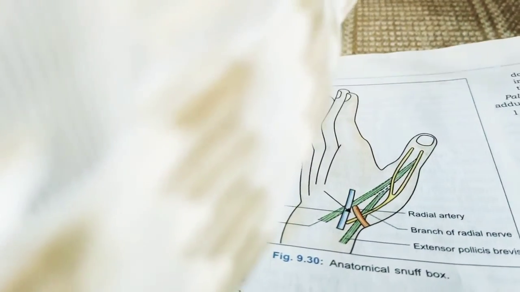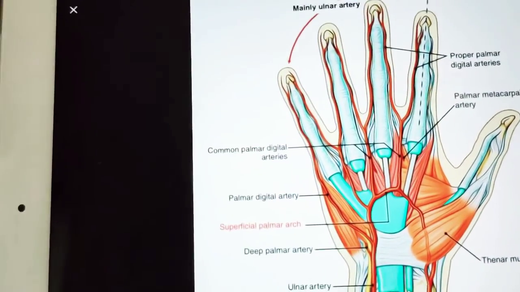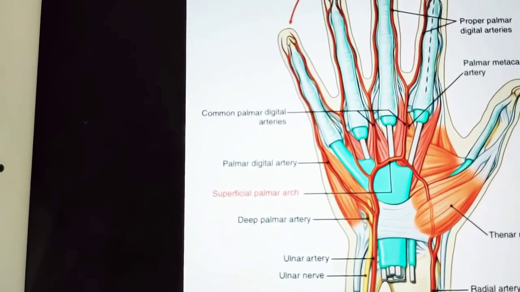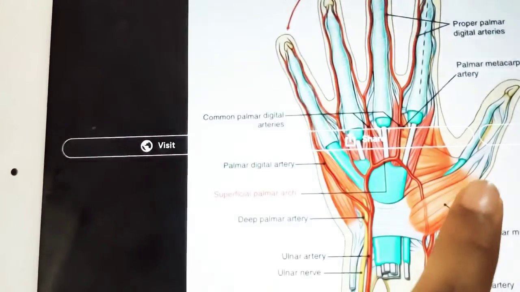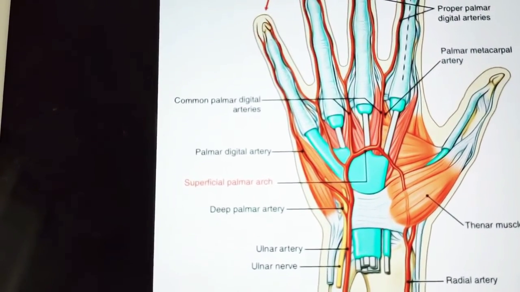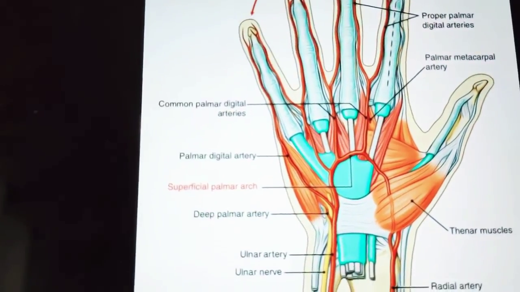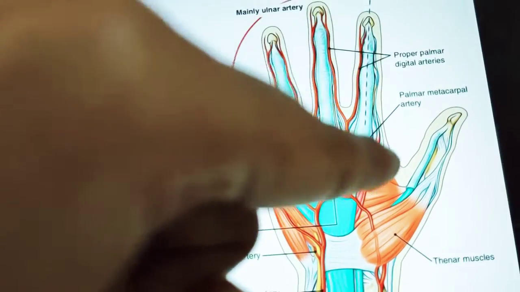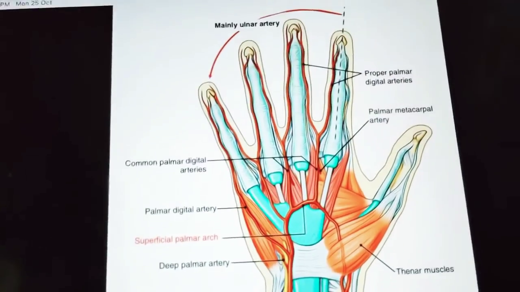So coming to the palm, the radial artery branches in the palm. Deep to the oblique head of adductor pollicis, the radial artery gives the princeps pollicis artery, which divides at the base of the proximal phalanx into two branches for the palmar surface of the thumb. So for the thumb it gives two branches, and the radialis indicis artery between the first dorsal interosseous muscle and the transverse head of adductor pollicis for the index finger, and it supplies mainly the lateral side of the index finger. Lateral side means this side.